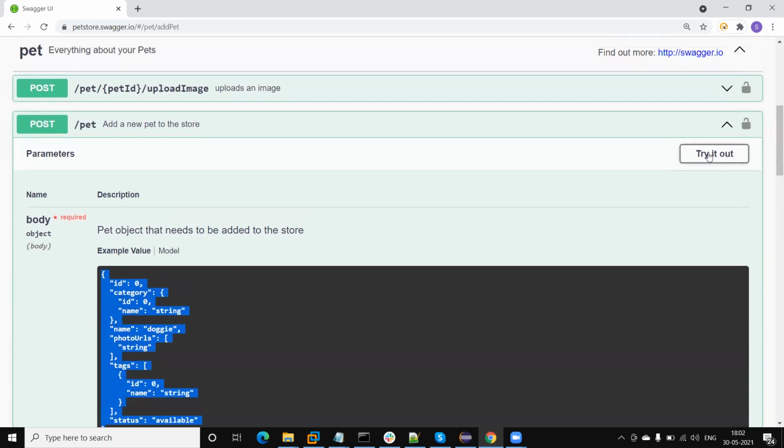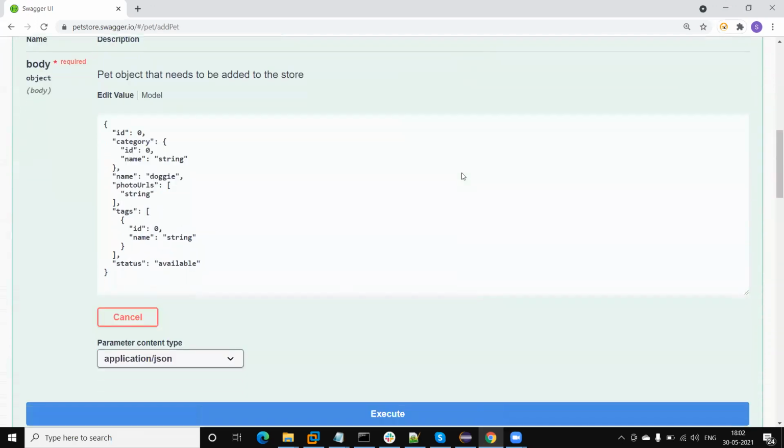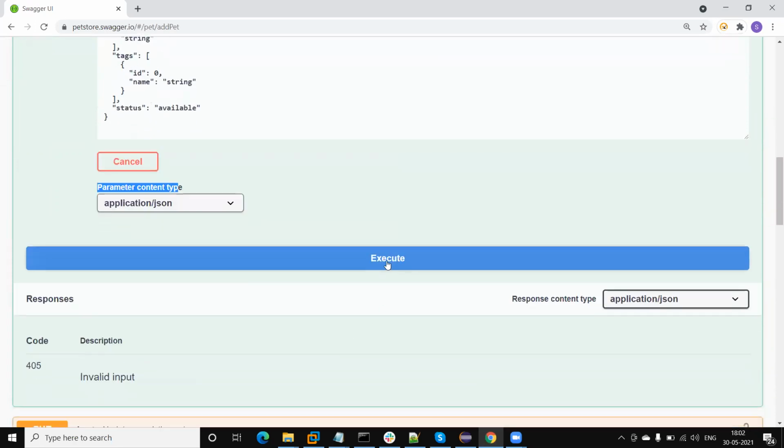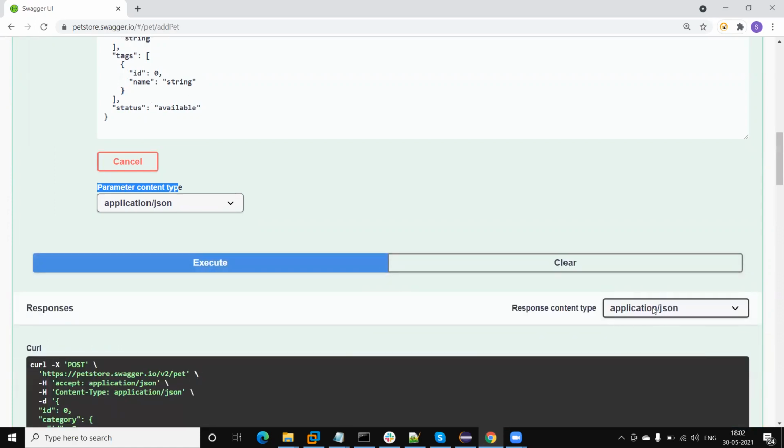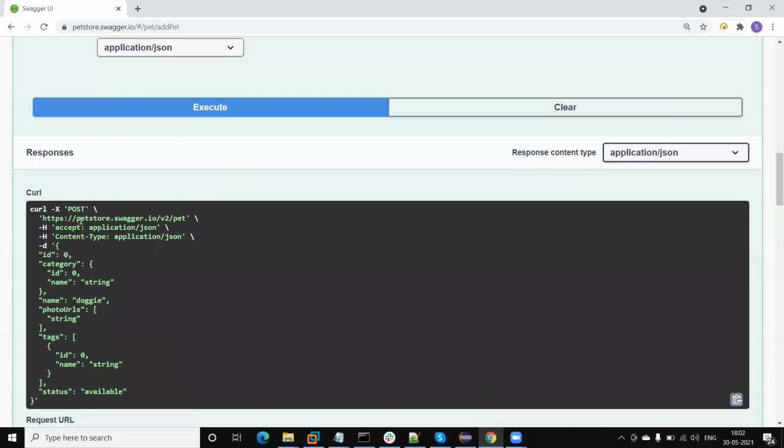Next, we can try it out here to get the other details. Here I need to pass parameters like the header application content type, click on execute, and the response content, like whether we want XML or JSON format. If I select the application JSON here, then we will get the detail in JSON format.